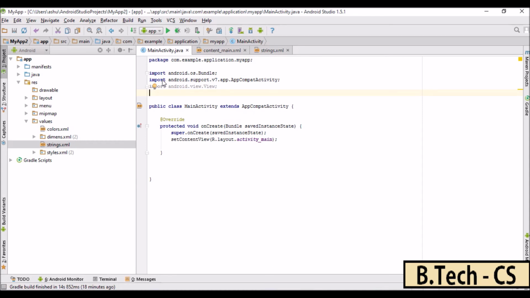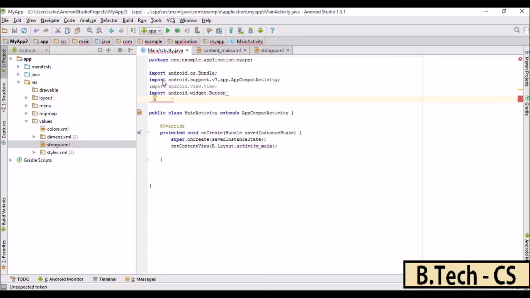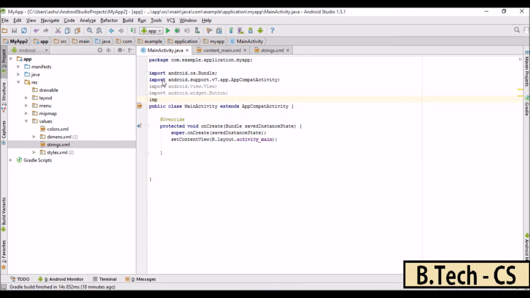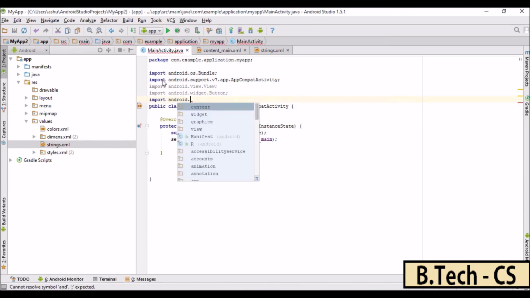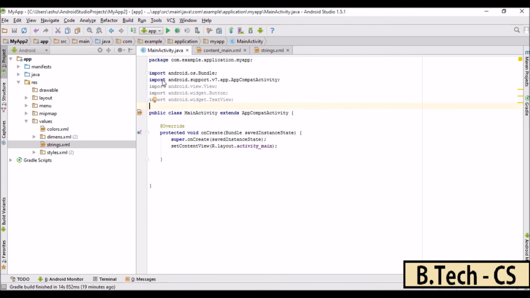Now we are also going to need the button and text view. So we type import android.widget.Button, and we also import the text view. So we type import android.widget.TextView. Now once we are done with this, the next thing we do is write the Java code